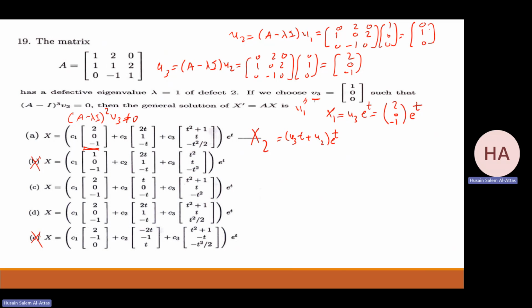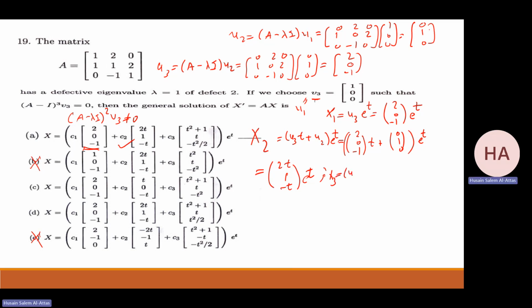U3t plus U2 times e^t. That will be what? What is U3? 2, 0, minus 1 times t. U2, which is 0, 1, 0 times e^t. That gives me what? 2t. Here is 0, that will be 1 minus t, e^t, which is this one. X3